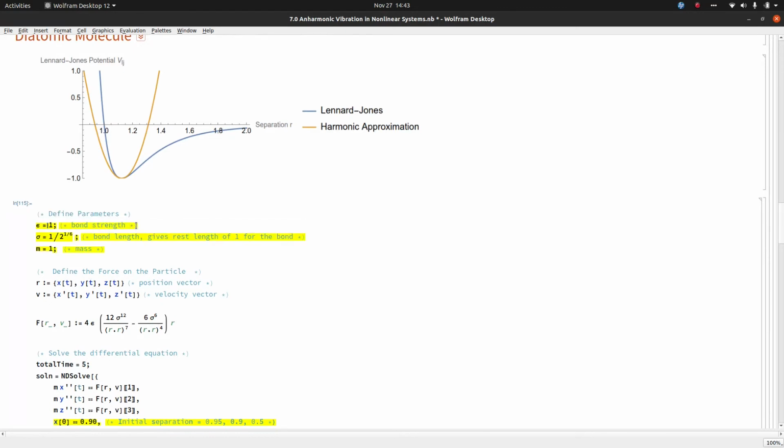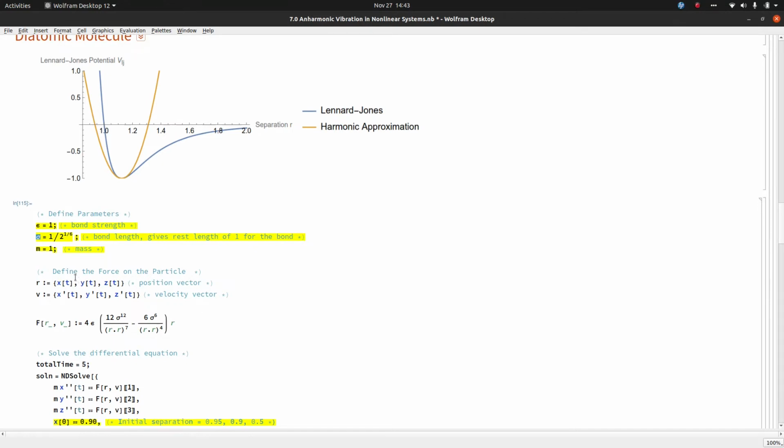If you will recall, the Lennard-Jones potential has a symbol for the bond strength that's given by epsilon. We're just going to set that equal to 1. It also has a symbol for the bond length that is going to be sigma. And if you recall, when we set sigma equal to 1 in the last video,